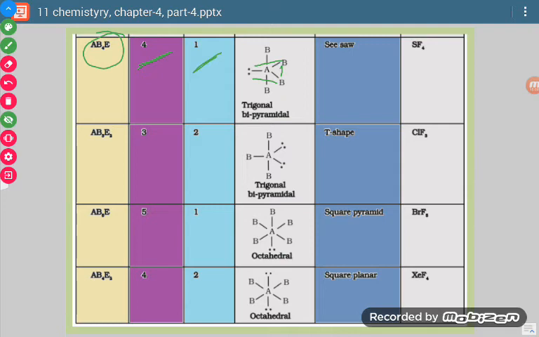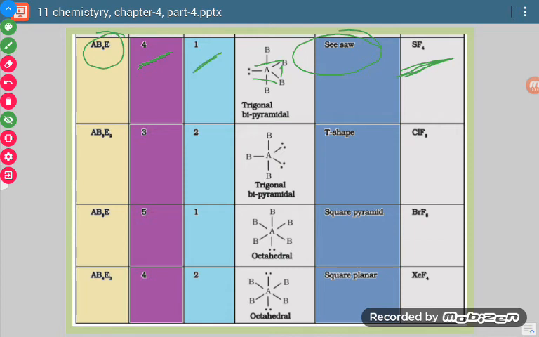So when we do so, this shape becomes like a seesaw, which you see in the park where 2 kids sit on the other 2 ends and one goes up and one goes down. It is like that game. Okay, so it is seesaw shape, and an example is SF4. In case of SF4, the geometry is seesaw geometry.